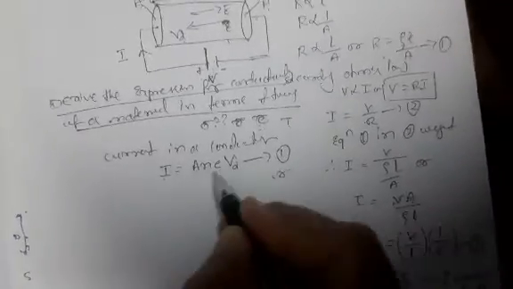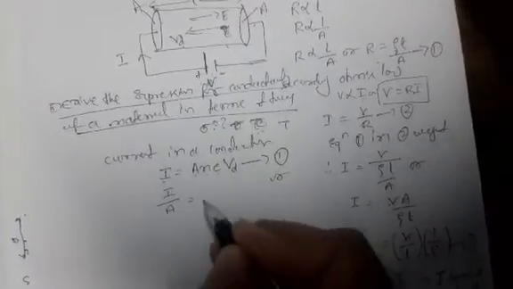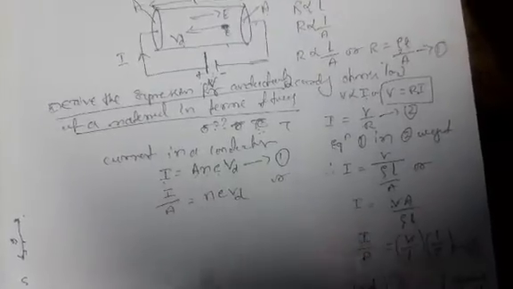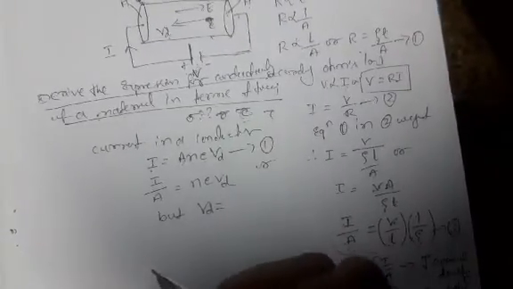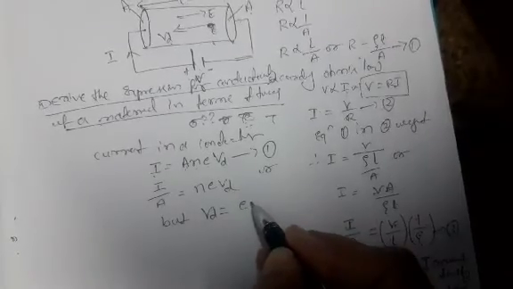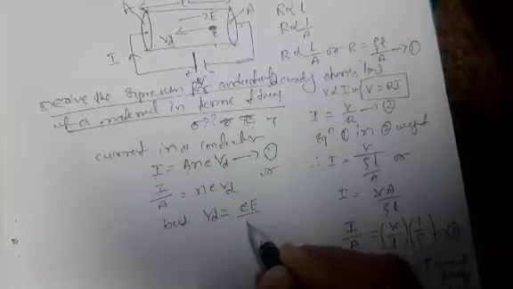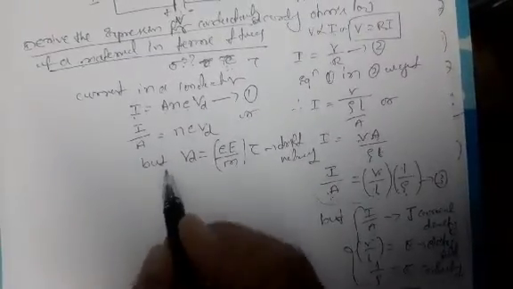The area of the conductor is shifted to the left side, that is, the current acting per unit area I by A equals N e Vd. Vd is called the drift velocity. What is the drift velocity in the conductor? The drift velocity of a conductor depends on the charge of the electron, the electric field, the mass of the electron, and time. That is called the drift velocity equation. Mention the drift velocity formula.